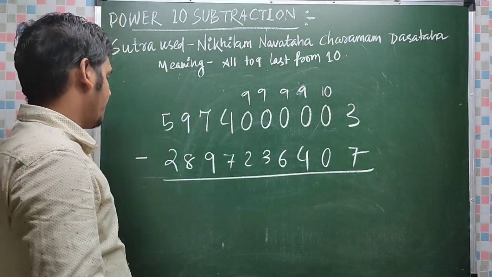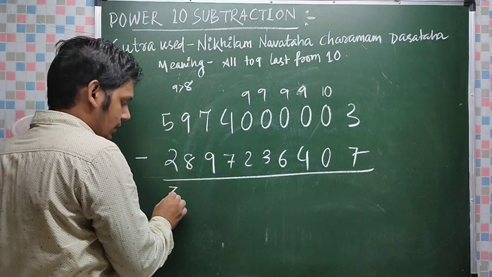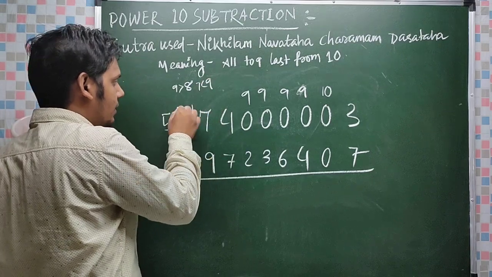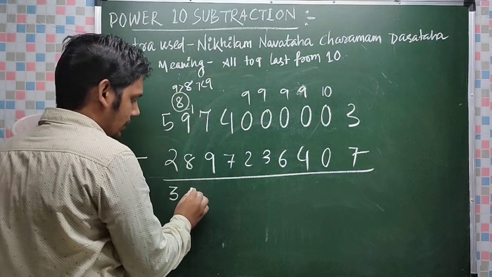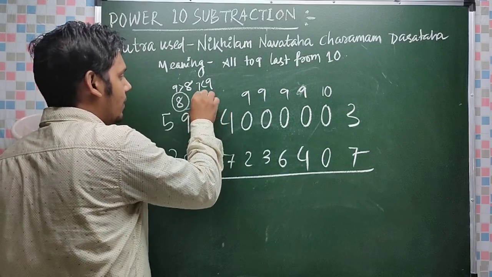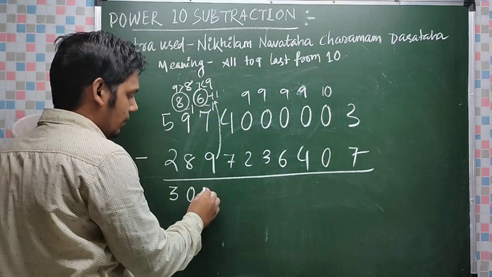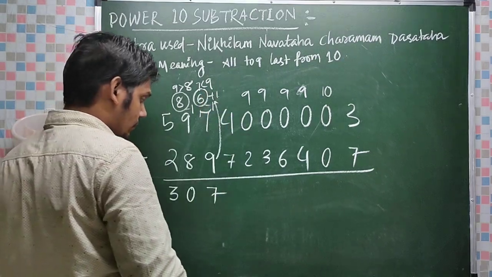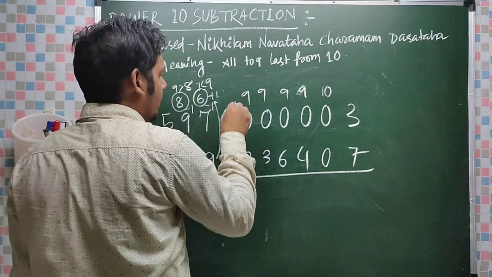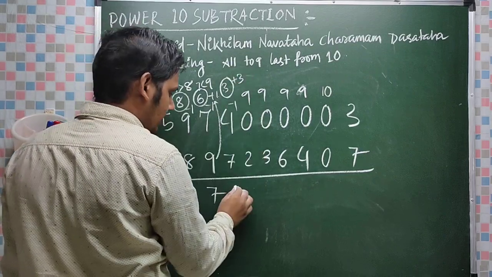Okay. So 9 is greater than 8, so 5 minus 2, that is 3. 7 is less than 9, so 9 will be decreased by 1, 8. 8 minus 8, that is 0. Now 4 is less than 7, so 7 is decreased by 1, 6. Now 9 complement will be added, 6 plus 1, that is 7. Now 0 is less than 2, so it will be decreased by 1, 3. 7 complement, again you have to add 3. 3 plus 3 is 6.